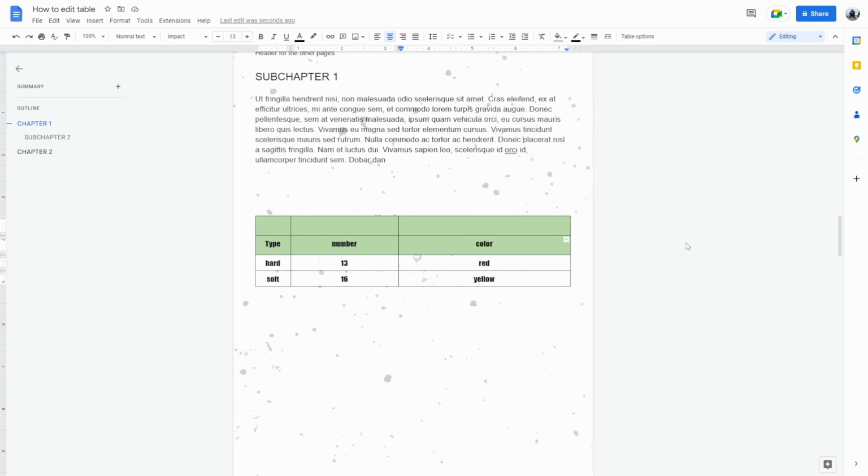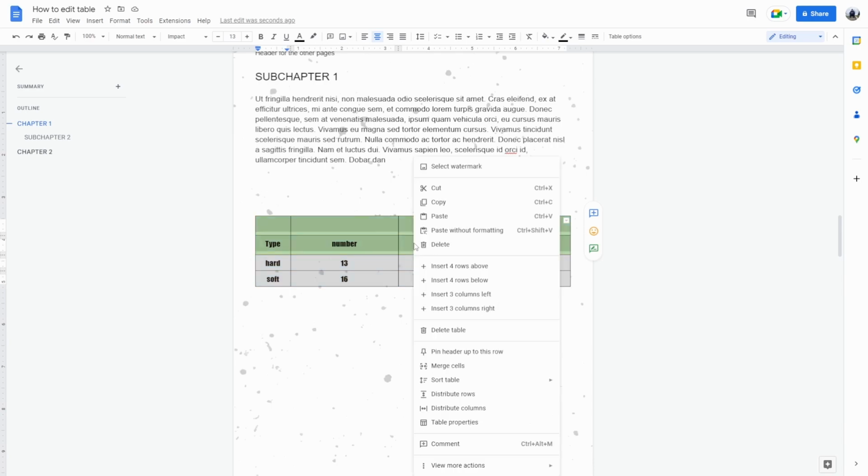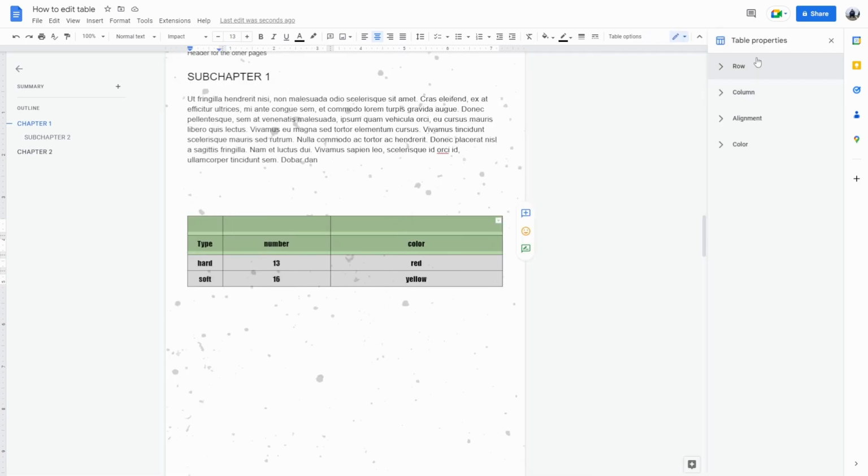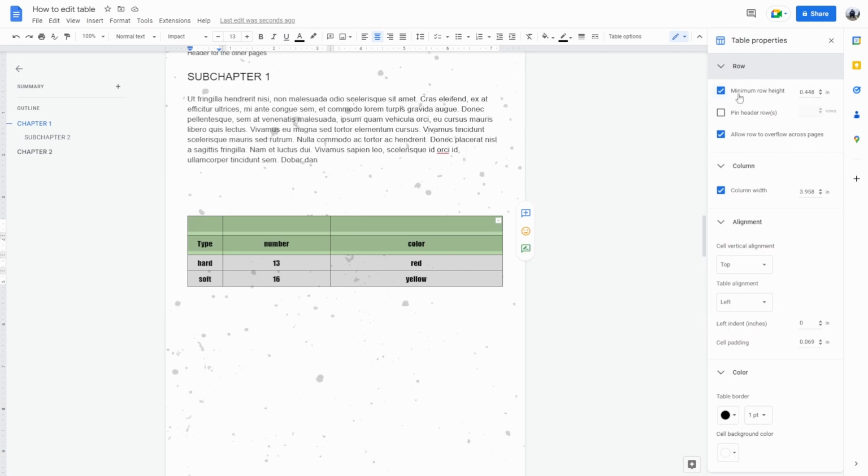Now there's also an option called Table Properties. You select the entire table, right click, and here you have Table Properties. Here you have the extra options. So the first one that you can do is minimum row height. This determines the minimum height. So let's say the minimum height is